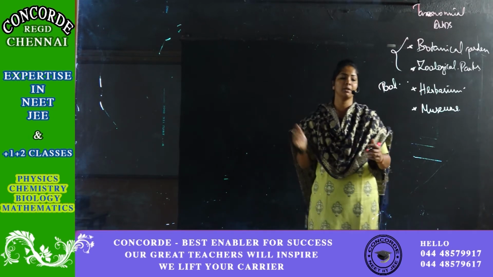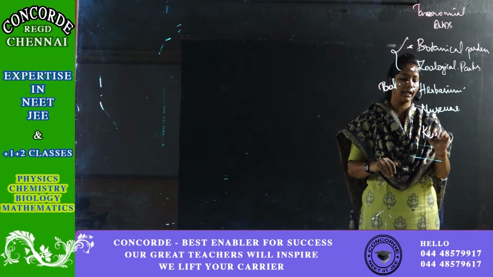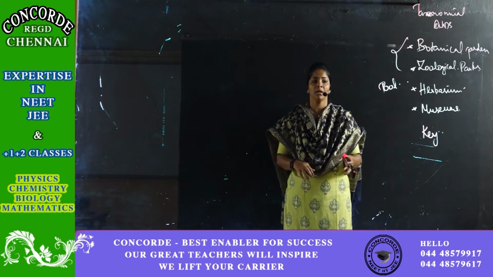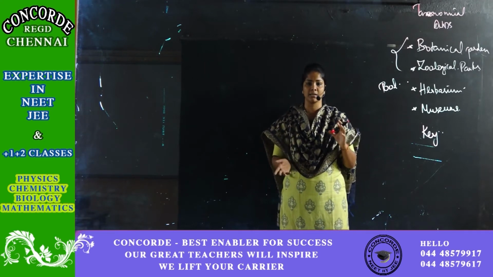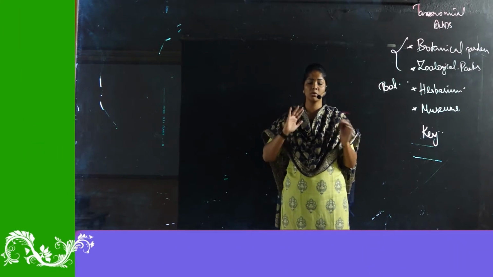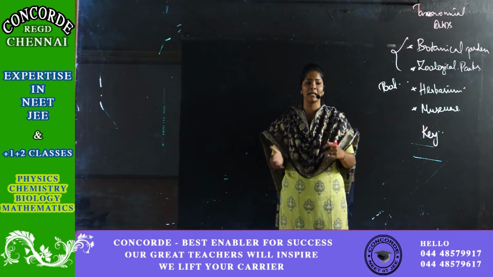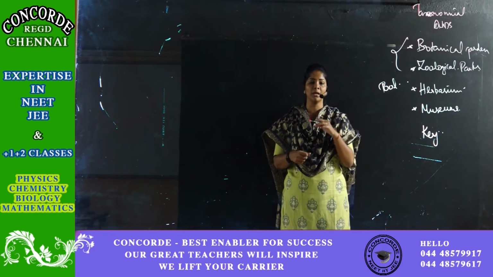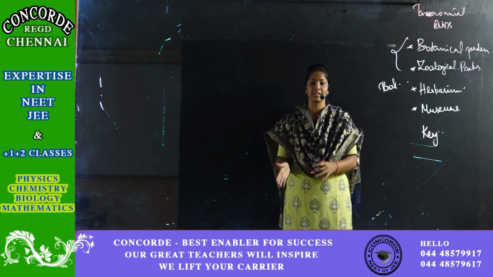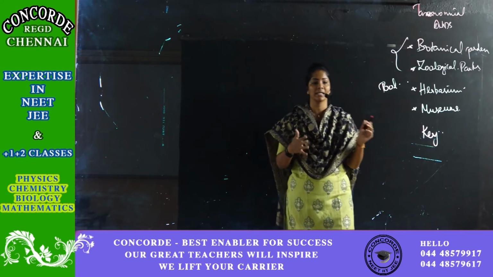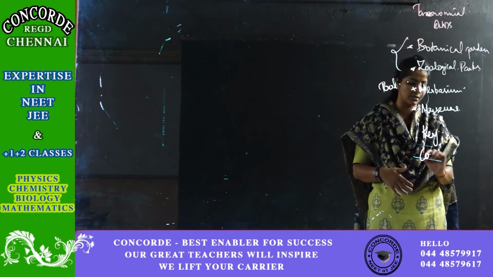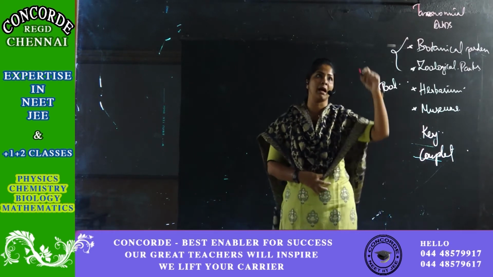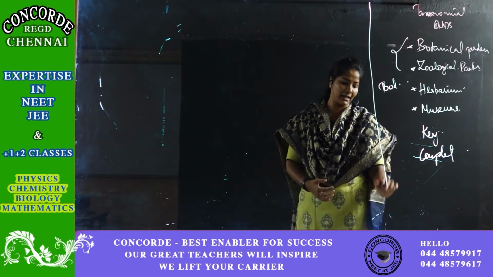Apart from that, you have to know something called a key. Key is actually a tool which helps you in identifying the characteristics. For example, if there are two contrasting characteristics, then I'll have a key with the two contrasting characteristics. After analyzing that, I can place them in either group A or B. So key is a tool used when there is little confusion: should I place it in this or that? Key has the contrasting characters, and that pair of contrasting characteristics is called a couplet. Based on that, I can analyze and place them in whatever family or category I have to.